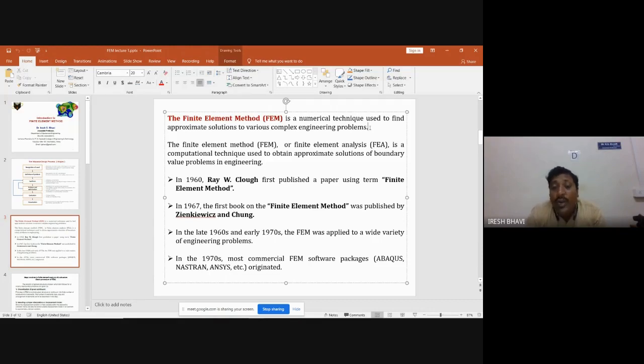But the only thing is that they cannot give you 100% accurate results. They can give you approximate solutions up to a certain accuracy, as much as is needed. And 100% accuracy is not always needed in engineering, because whenever you are specifying any dimension, you might have seen the tolerances given on the dimension. For example, 100 mm plus or minus 0.1 mm, plus or minus 0.5 mm. Why are those tolerances specified?